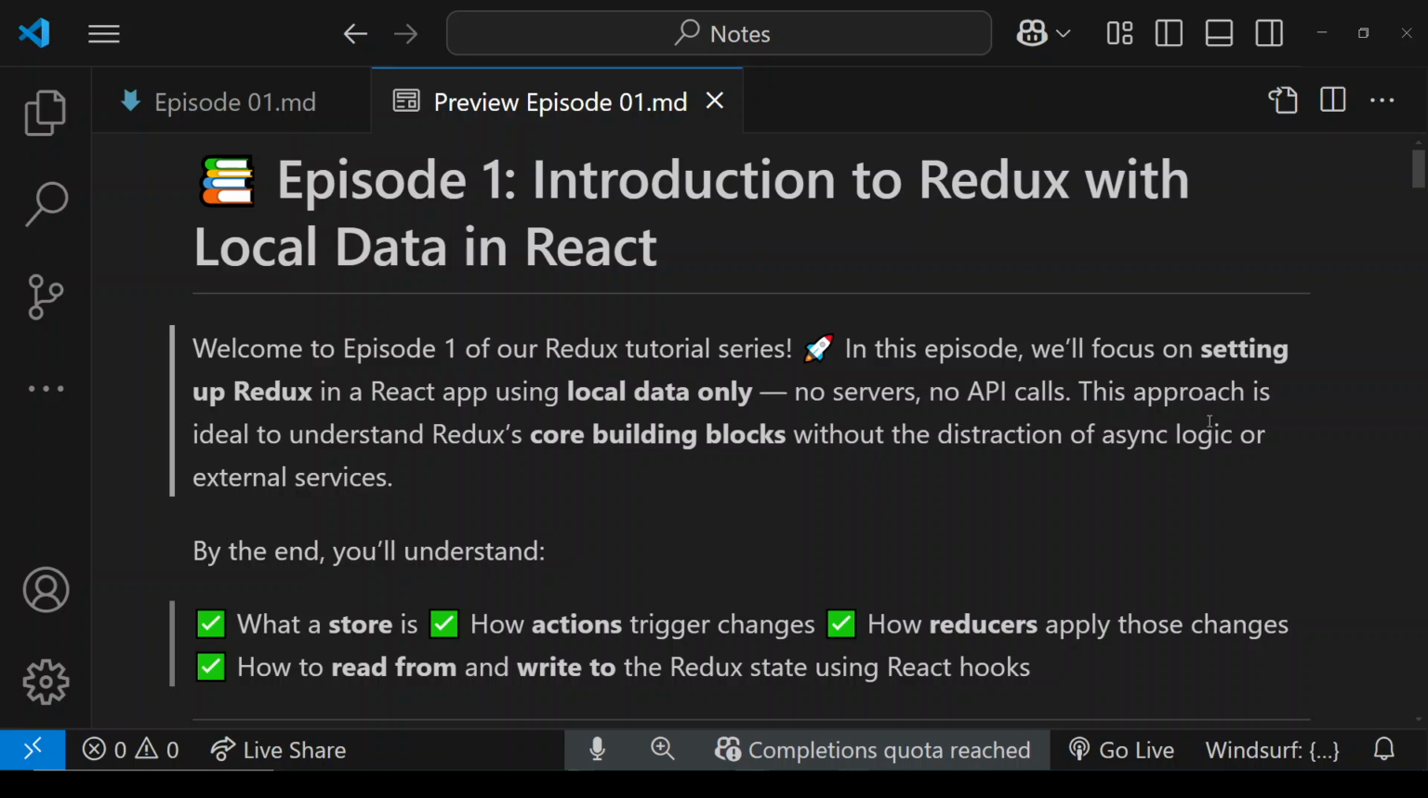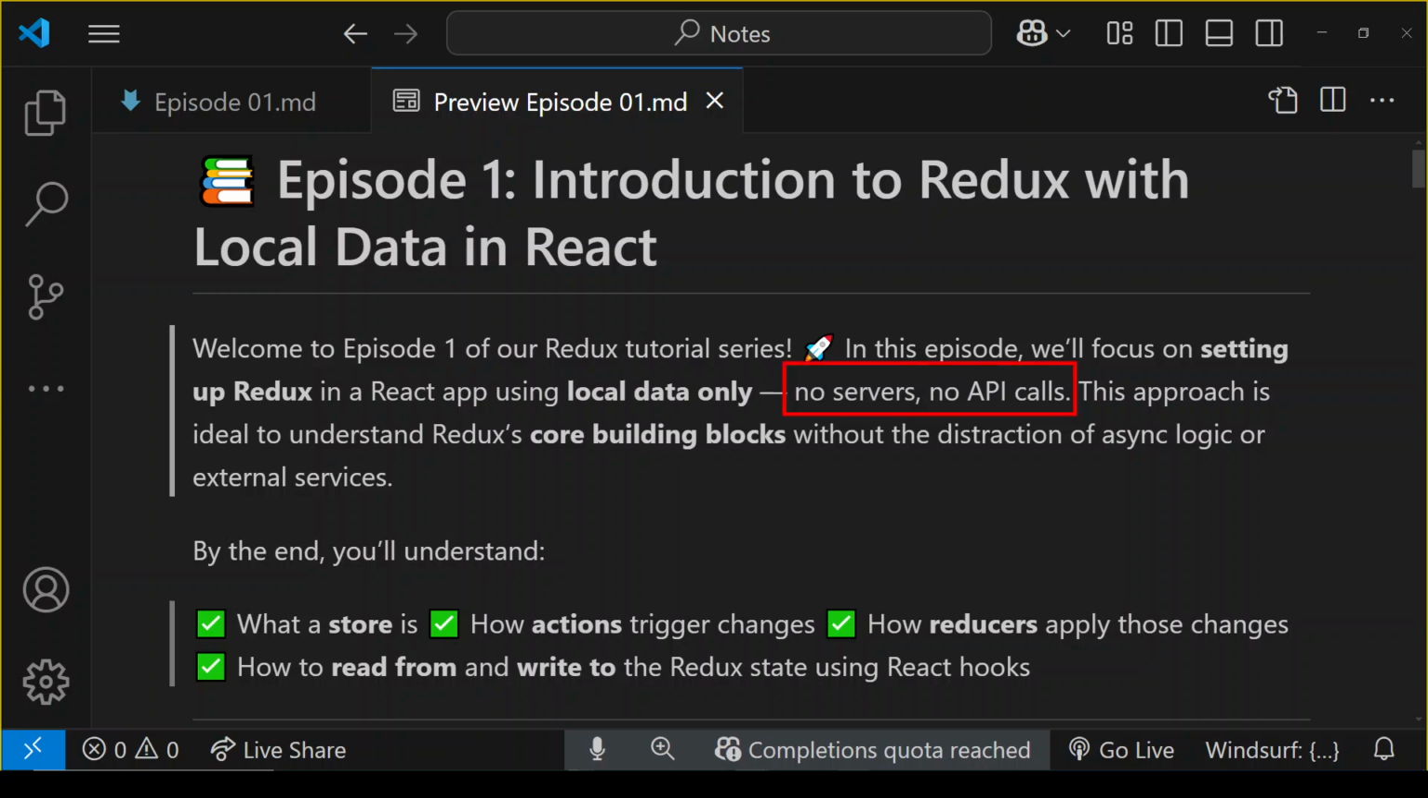And in other videos, in other playlists that I've got here, I have integrated Redux with a backend API. There is this playlist about TanStack Query that you can probably watch. That shows you how to use Redux and other related technologies to communicate with a backend API. But in this series, there are no servers, there are no API calls. Everything is local. So this approach is, again, ideal to understand the building blocks of Redux without distraction of any